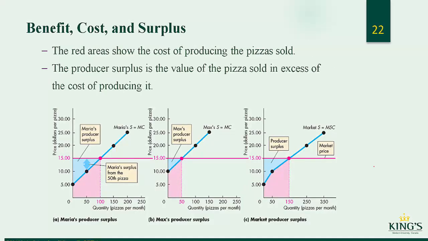So it's important to also look at this area below. So if we just look at Maria, we see that total revenue for her would be 15 times 100. The cost would be this area here. So this entire area would be the revenue, right? And then this area here would be the cost. So the surplus is the revenue minus this. And as we'll see later in the course, this is actually the variable